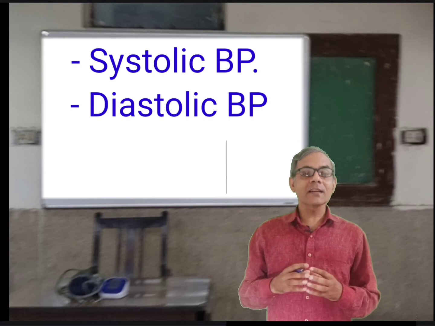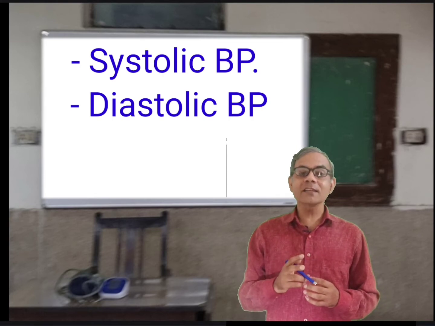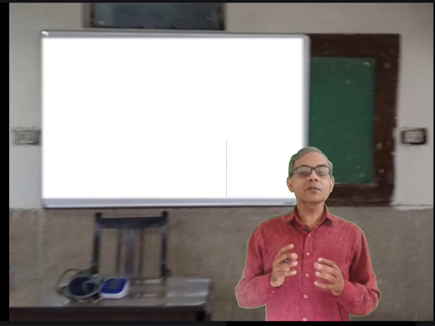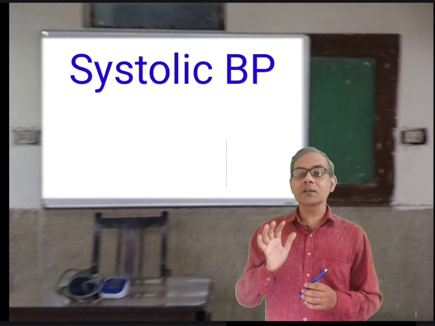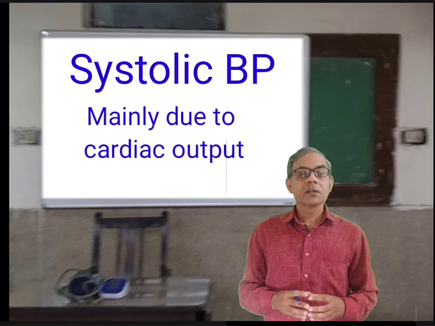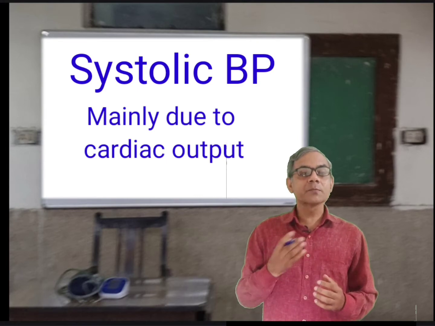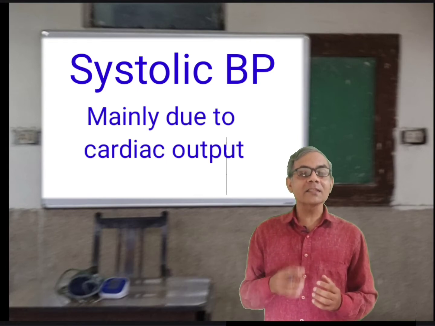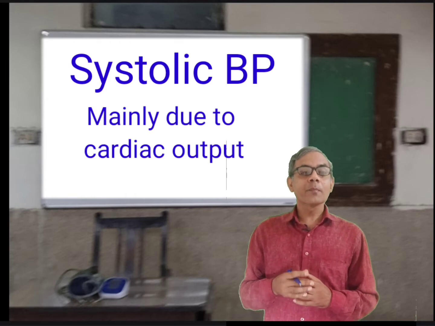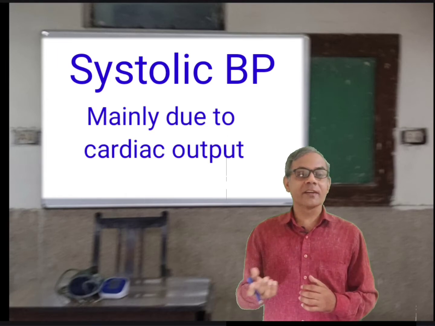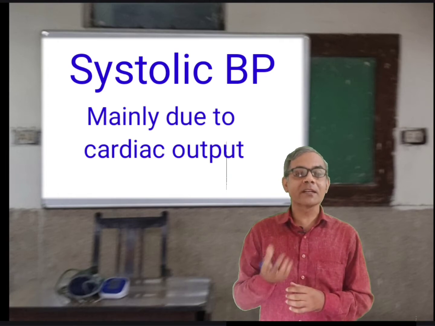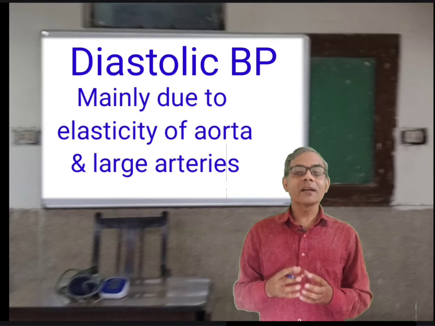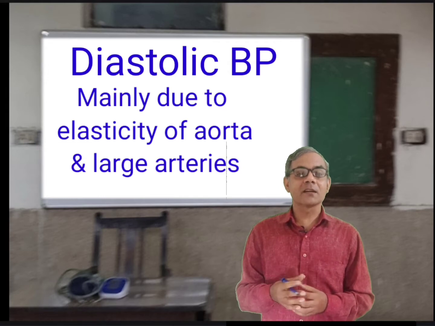As we know, the cardiac cycle has two phases, systolic phase and diastolic phase. In systolic phase, the left ventricle ejects some blood into the aorta. Systolic blood pressure is maximum when blood is ejected maximally from the left ventricle during systolic phase. In diastolic phase, the semilunar valve of the left ventricle is closed and blood is not coming from the left ventricle.